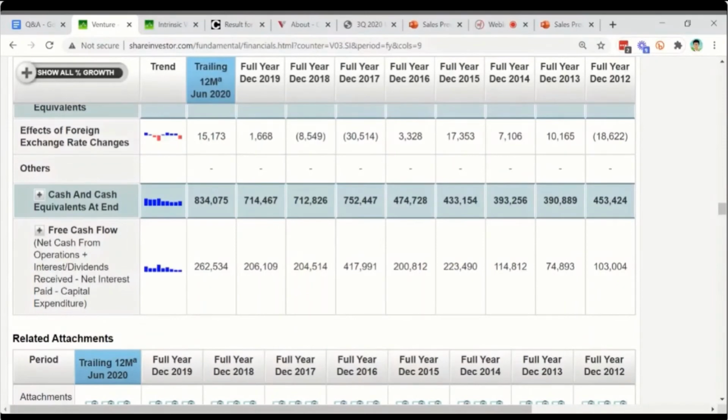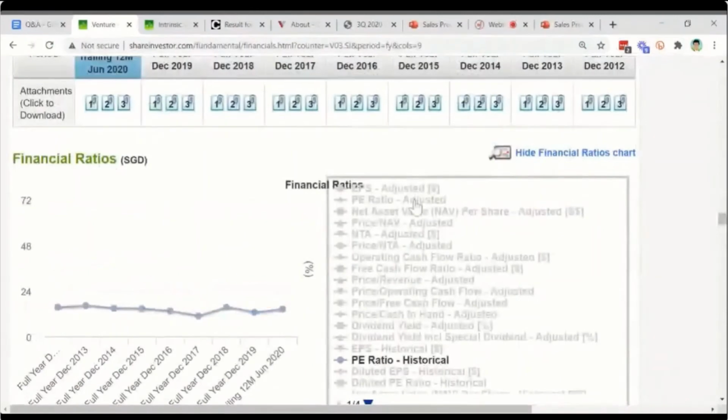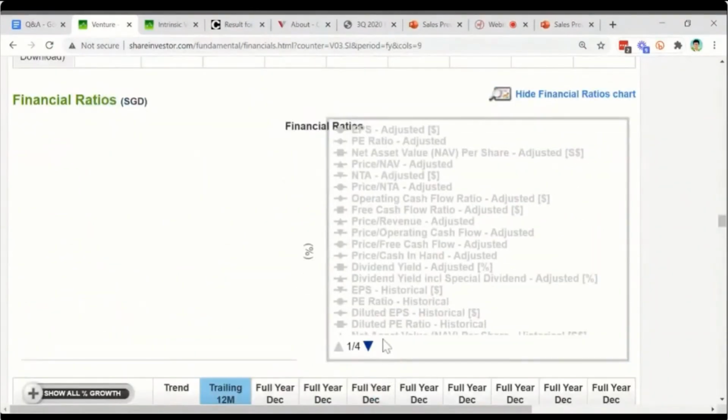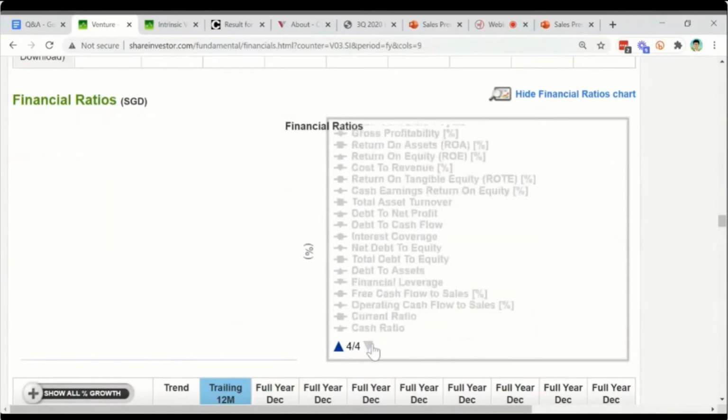But across these 8, 9 years, Venture Corp has been able to make positive free cash flow. And when you accumulate everything, it becomes a very powerful free cash flow generating machine. And needless to say, when you look at their balance sheet, okay, let me just go to the